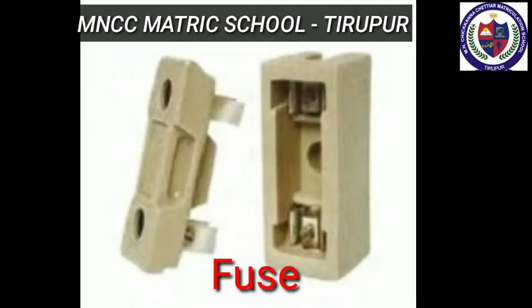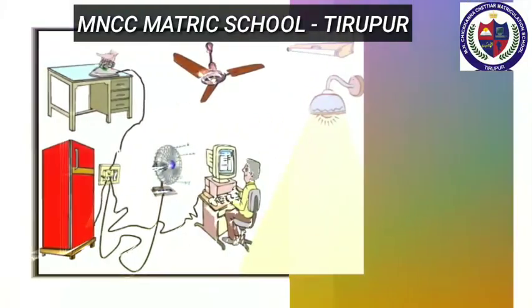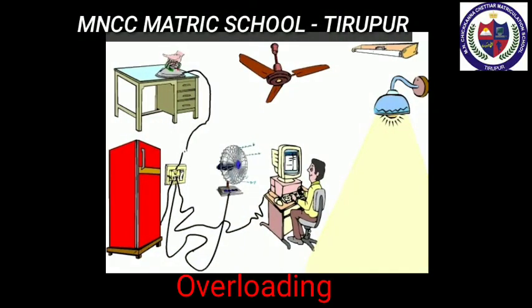Already you have learned about fuse wire. Next we move to overloading. The fuse wire or MCB will disconnect the circuit in the event of overloading and short circuiting. Overloading happens when a large number of appliances are connected in series to the same source of electric power. This leads to a flow of excess current in the electric circuit when the amount of current passing through a wire exceeds the maximum permissible limit. The wire gets heated to such an extent that a fire may be caused. This is known as overloading.